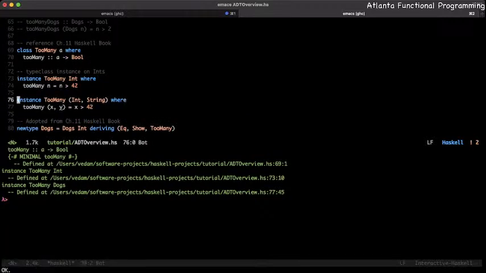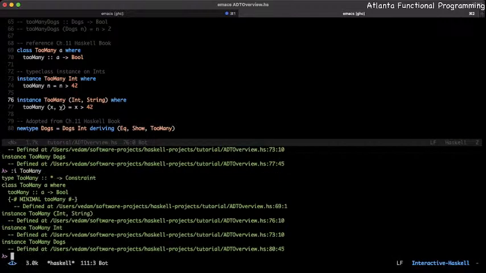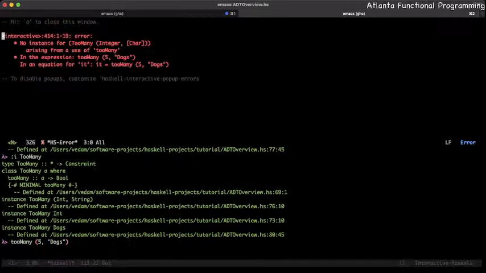So as you can see here, if we now look at instances on TooMany, this guy will actually work. It will actually have an instance on the String, and all we've done now is we've kind of subsumed what we did with dogs. Although now we could provide anything. Like if we say TooMany 5 dogs, we will end up getting